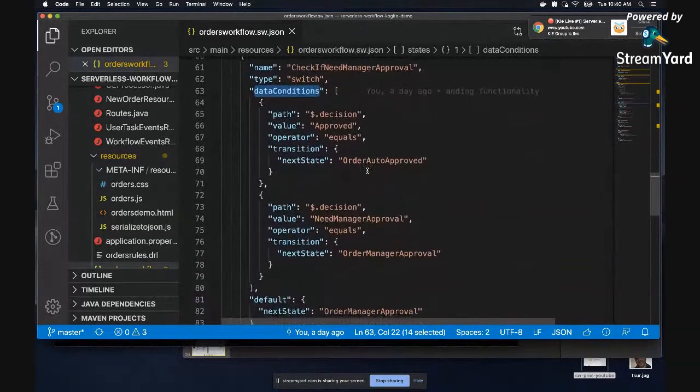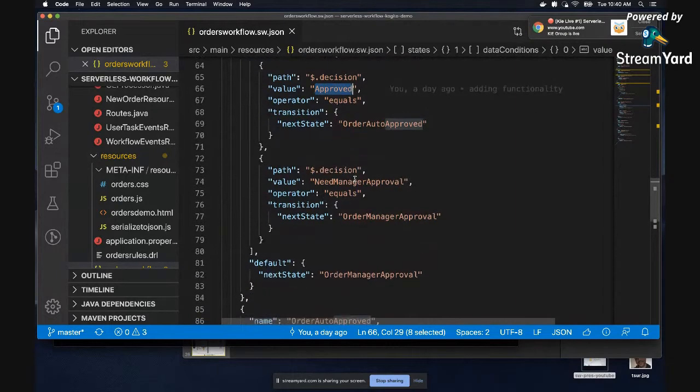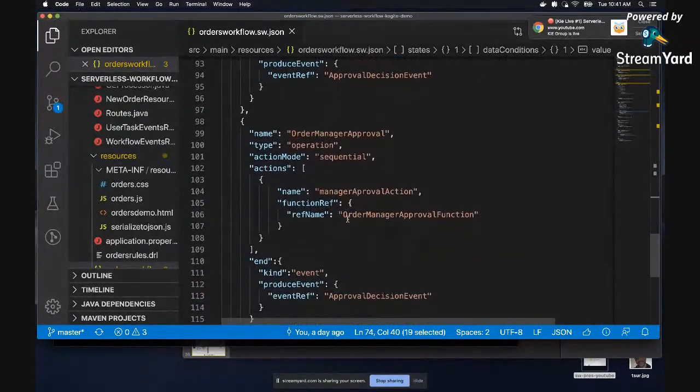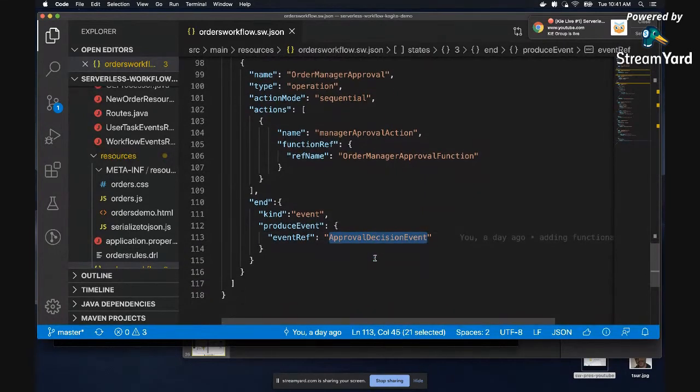In this case, we have two choices for our gateway. First, it is approved. Our decision rule said, fine, we can auto-approve, or not, we need manager approval. If we are auto-approved, we can end the workflow and send an event, which is our approval decision event, that contains the result or the decision of the approval.